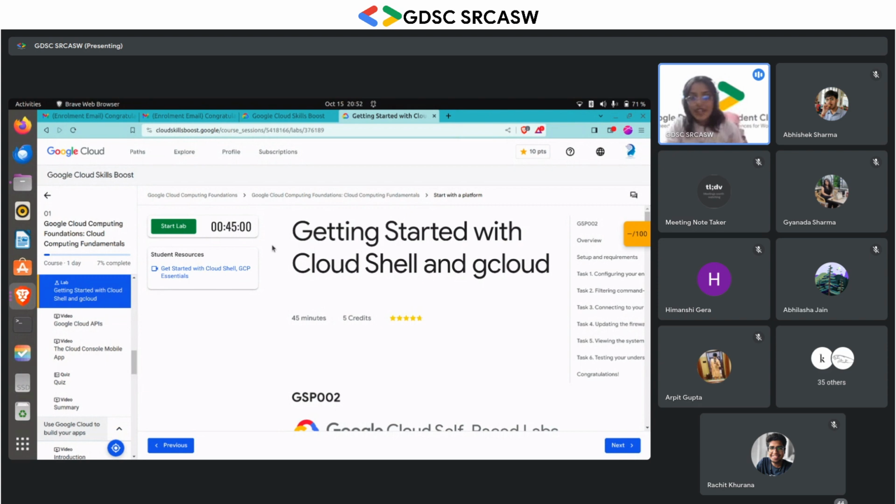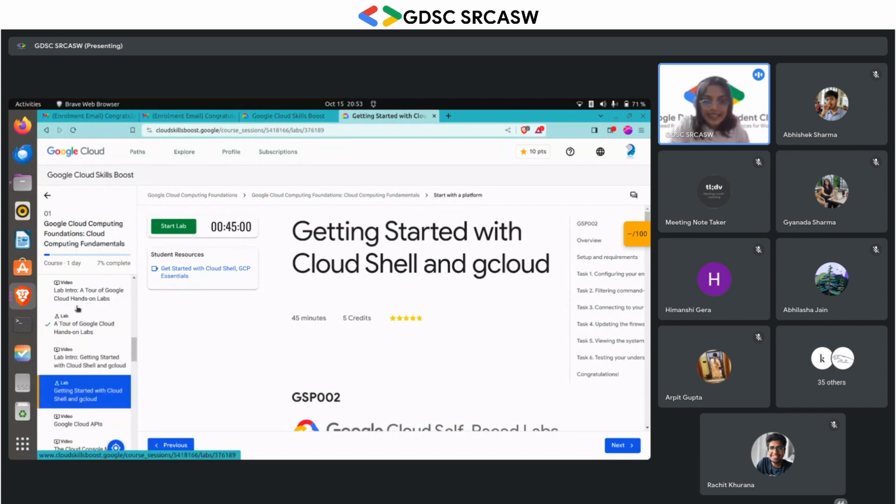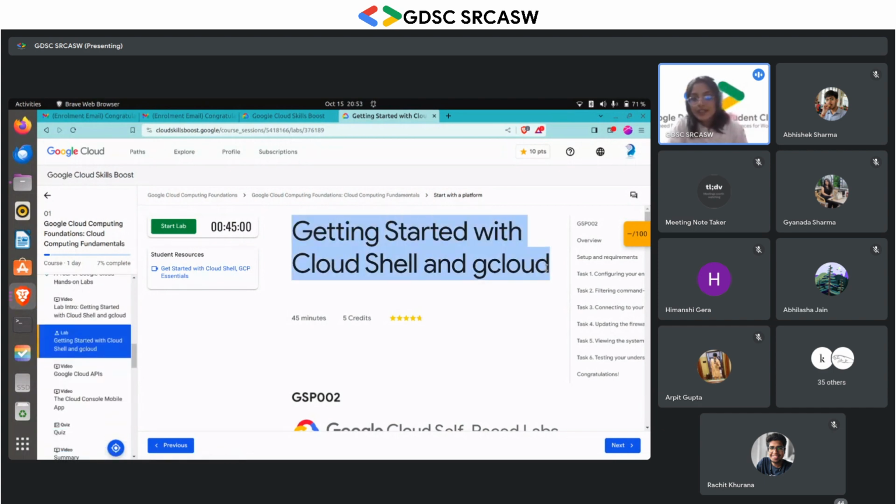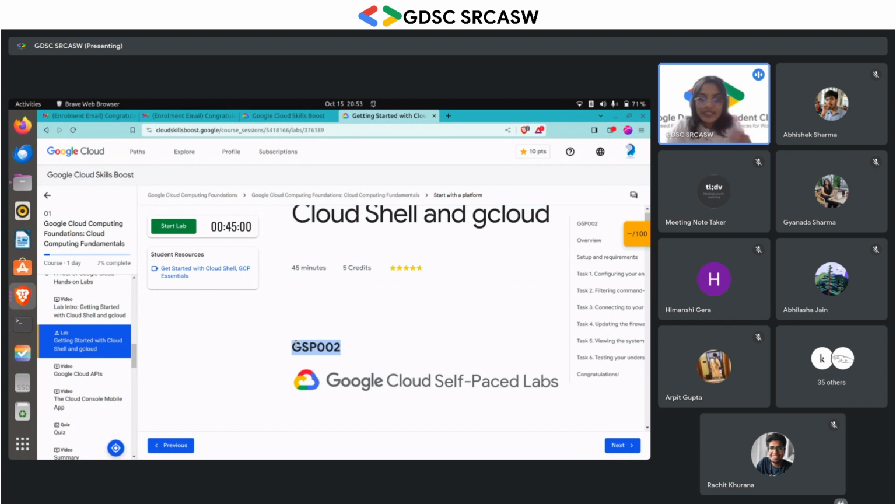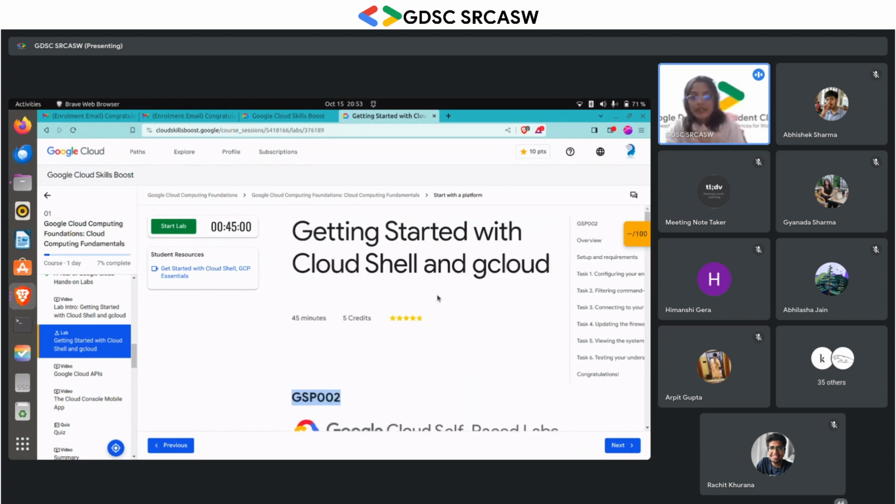ठीक है, अब देखो इसके UI को देख के ना थोड़ा सा ऐसा फील मत करना. Let's try to make it simple. So यहाँ पे आपकी lab है. Lab is getting started with Google Shell and G Cloud. I will tell you what exactly it is, but let's try to cover up कि how you have to complete these labs. Okay. दिस इज योर लैब कोड एंड मैं फिर से बताती हूँ कि ये लैब का मतलब